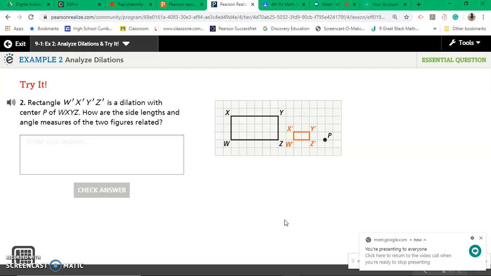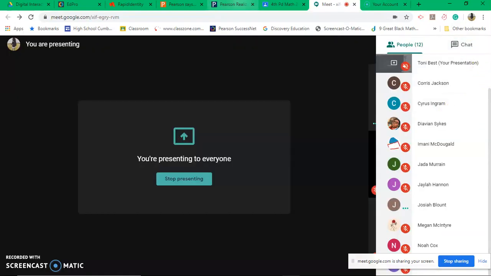Right, yeah. So if you look at this dilation, would you say it's an enlargement or a reduction? Yes, excellent. Very good. So that means our scale factor, do you think, wait, I'm going to ask someone else. Hold on. Let me see. Is Chorus in here? Chorus. Do you